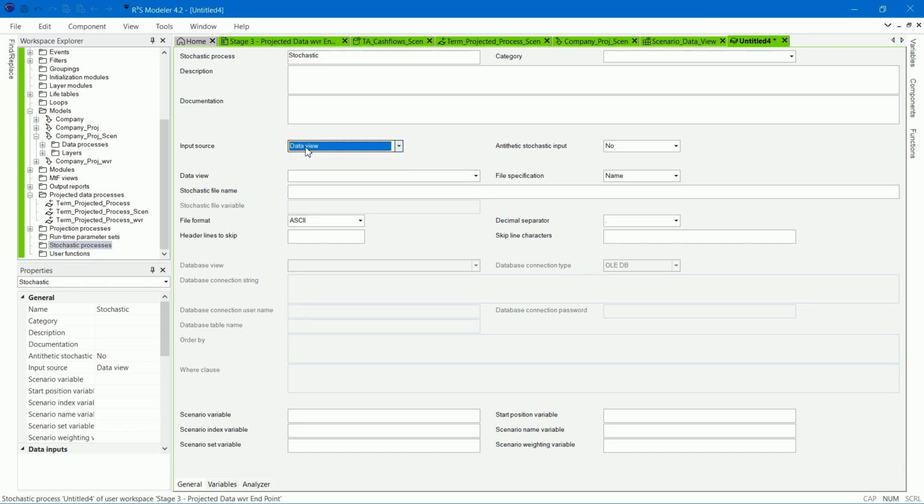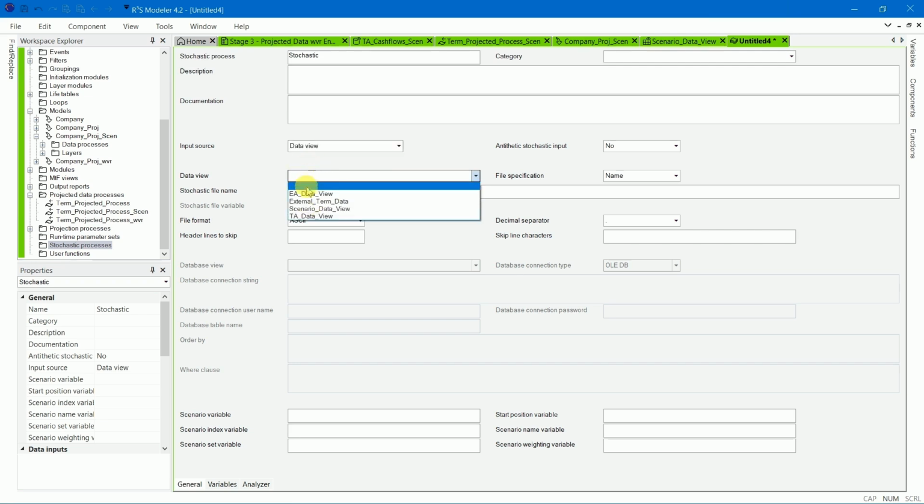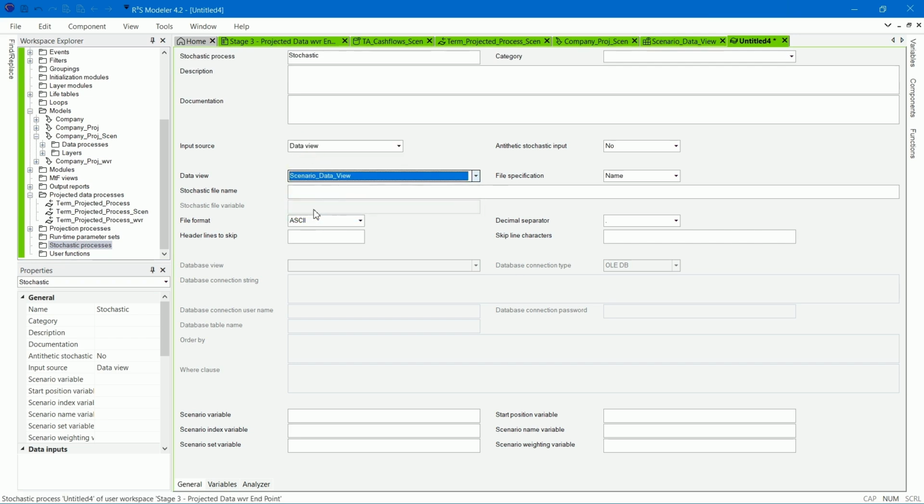Set the data view to Scenario Data View. And set the scenario variable to scenario number. And click Save.